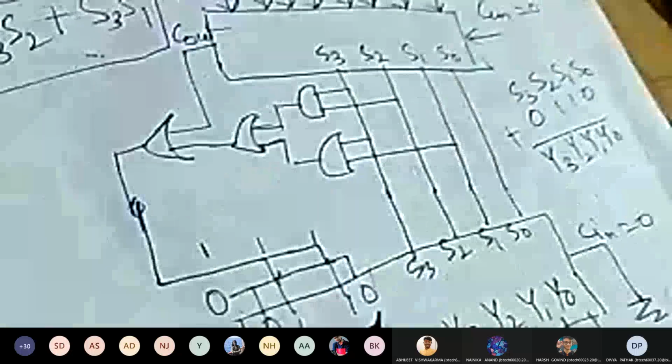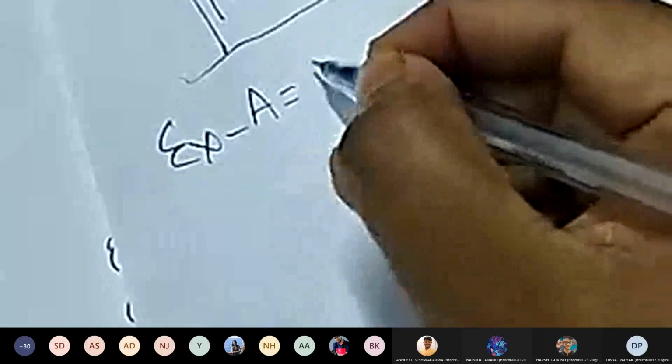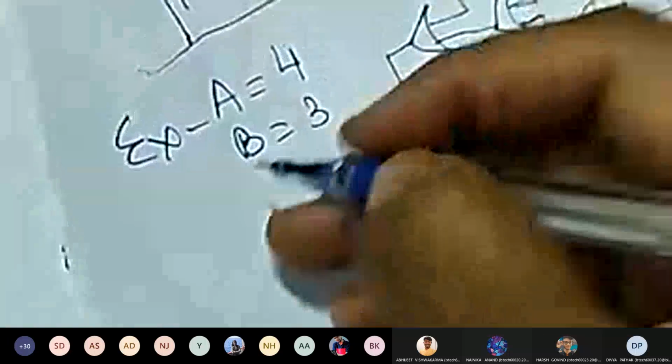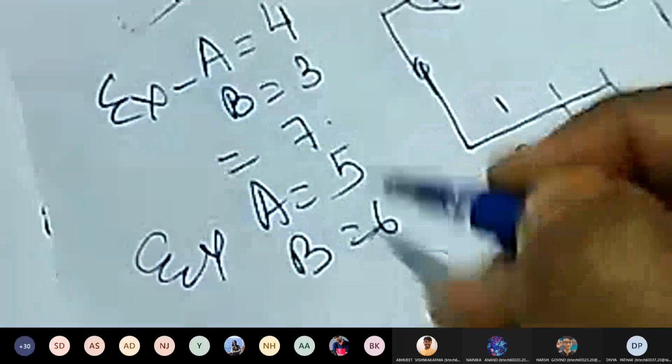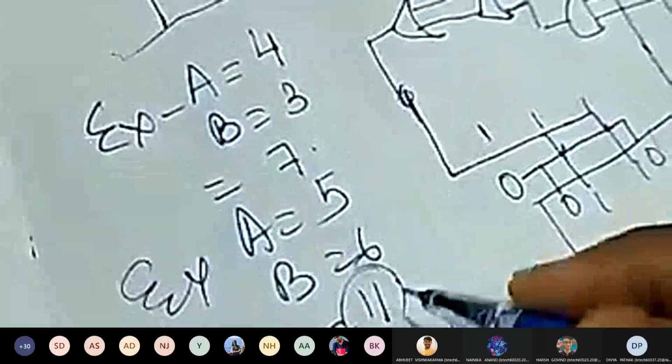Now you see this diagram, and it is your homework to put in any two values. Suppose I'm giving you two examples. Suppose A is equal to 4 and B is equal to 3. Both are BCD numbers, so the value will be 7. And the second example is A equals 5 and B equals 6. 5 plus 6 equals 11. This is an invalid BCD, so what are you going to do? You will add 6 here, and you see whether this 6 will be generated or not.